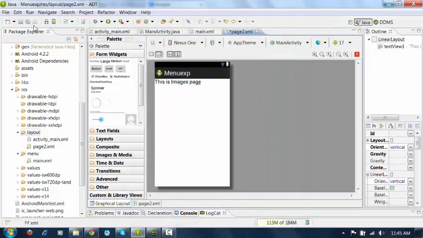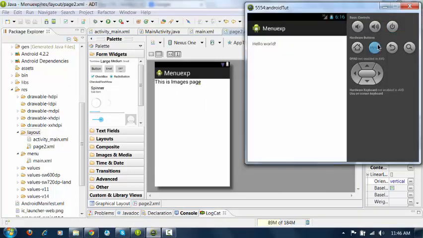So now I will give action to only one option, only this particular settings. Instead of images, I'll give action to settings. You can add it to all other options also.